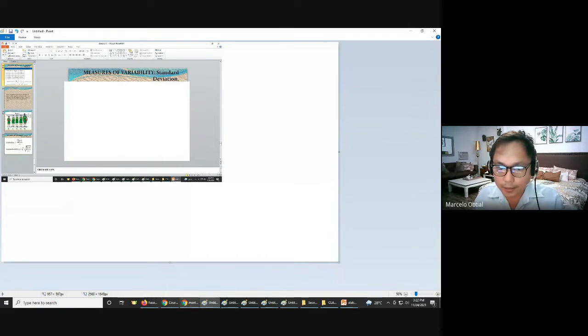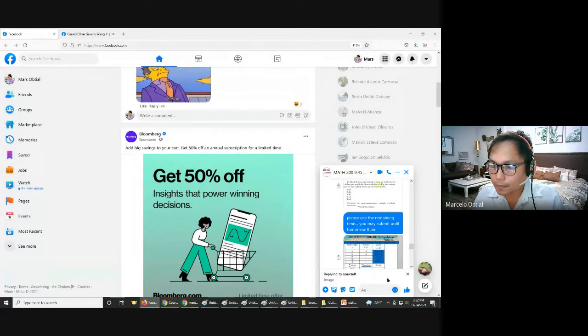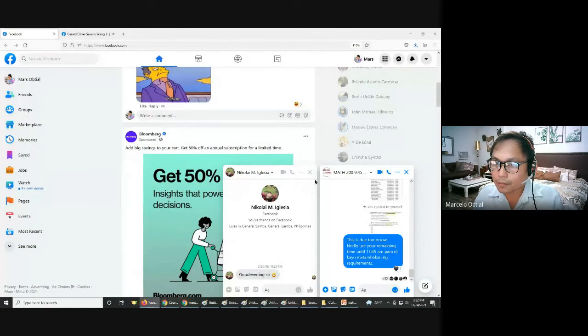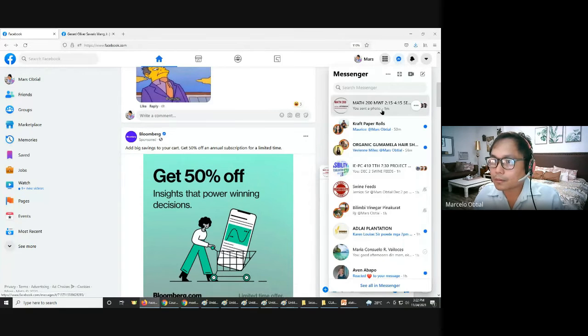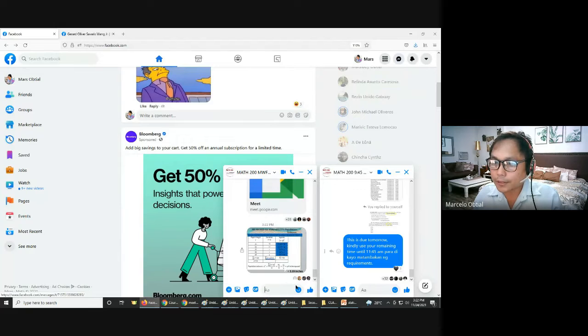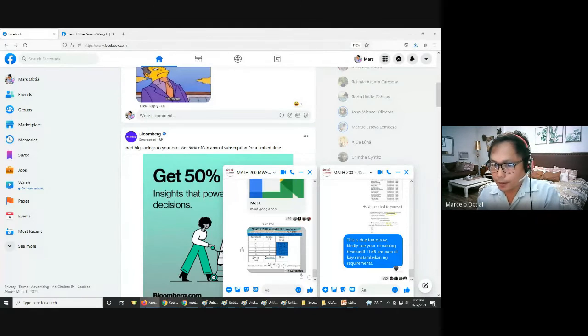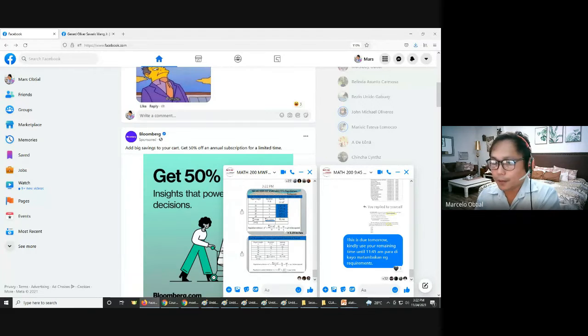This is another one that I'm sending. This is example number 2, population variance. So I'm done with the population variance and standard deviation, class. I hope there are no questions. Please absorb how to solve it.